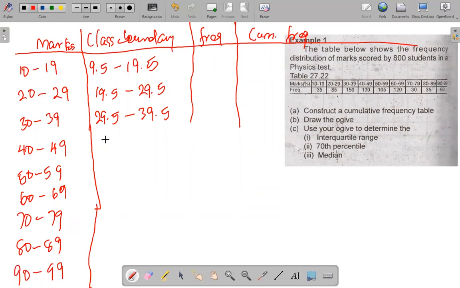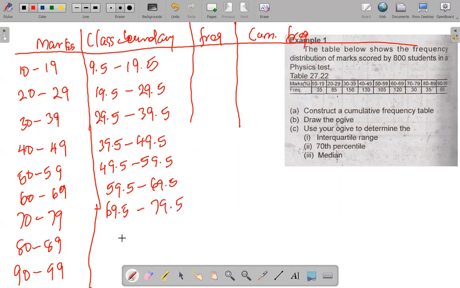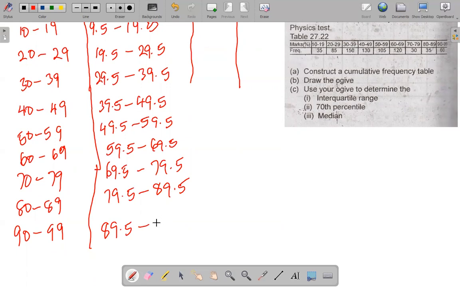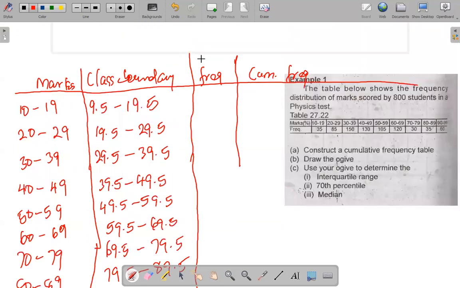So here now I have the interval with the boundary 39.5 to 49.5. Here will be 49.5 to 59.5. Here will be 59.5 to 69.5. And we have 69.5 to 79.5, 79.5 to 89.5, 89.5 to 99.5. So the first frequency is 35,